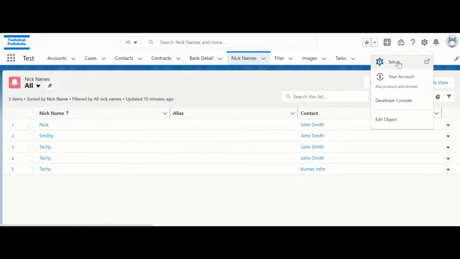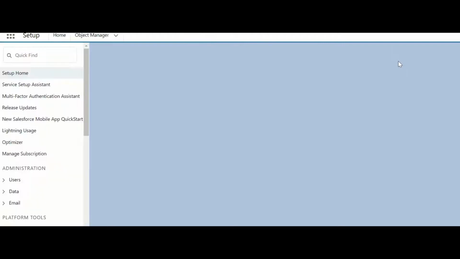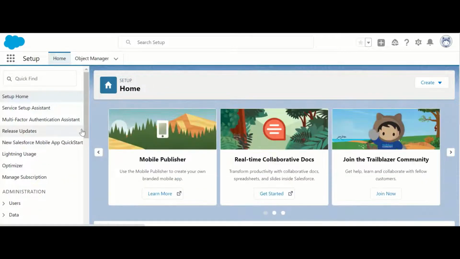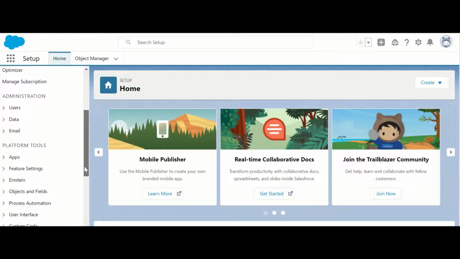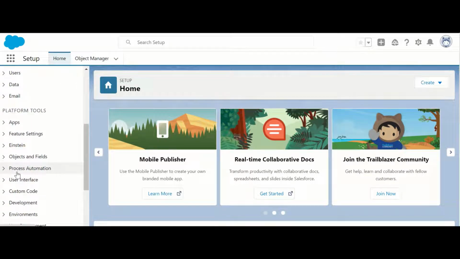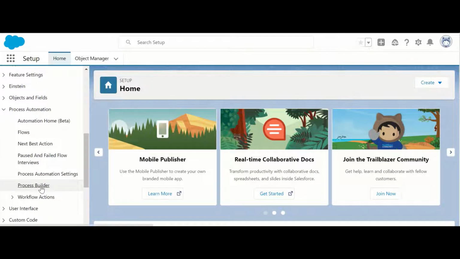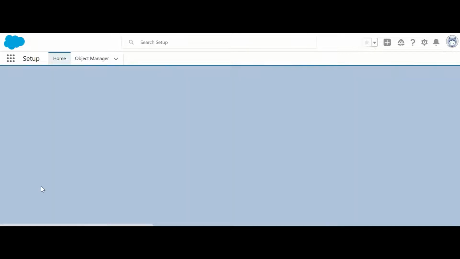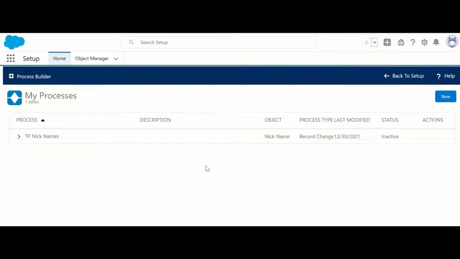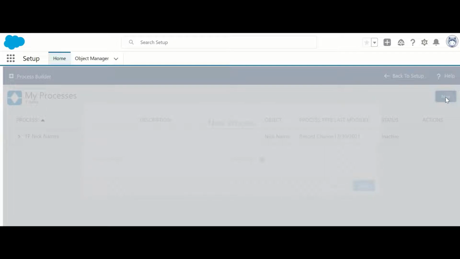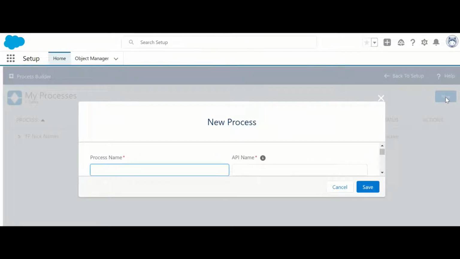Go to Setup. In Process Automation, click on Process Builder. Create a new process.